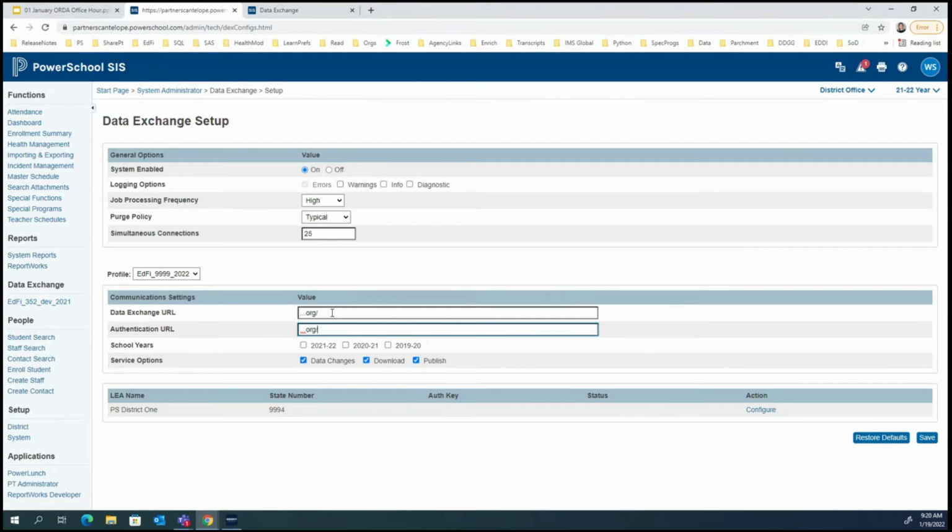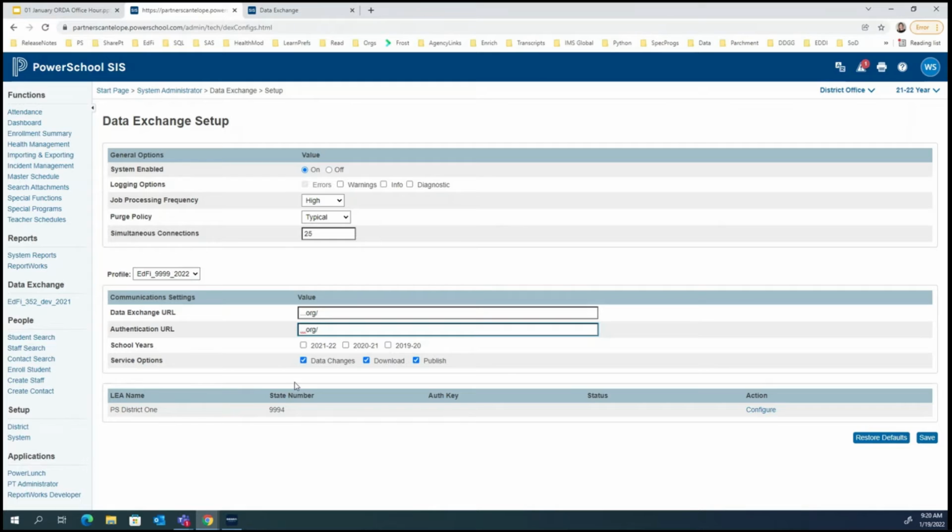Just a reminder about that: however they're delivered to you, we found this is one of those important things to note. If they were copied and pasted elsewhere, like if you pasted it into a text file and then tried to copy and paste again from that, it typically didn't work, and that's probably a good thing, because it's for security. So however you receive those, I would have another tab open and just copy and paste directly into here.